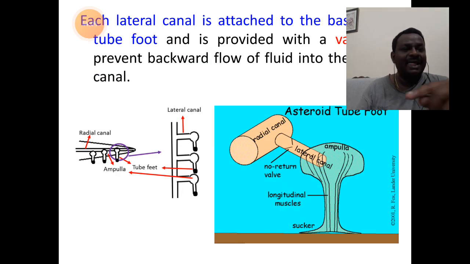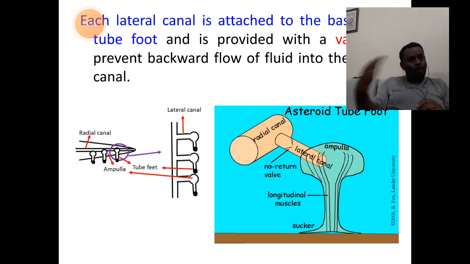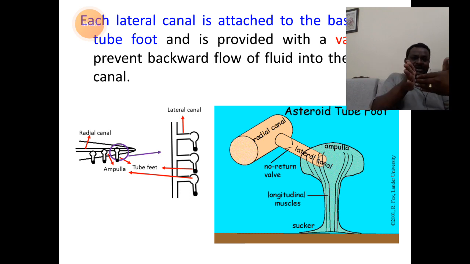When you look at the radial canal in the right side diagram, the radial canal shows a branch of lateral canal. That lateral canal will join with the structure of tube feet. Now, the opening between a radial canal and a lateral canal, the junctional structure here, shows a valve. So this valve is responsible for movement of water from radial canal into the podial canal, then into the tube feet,